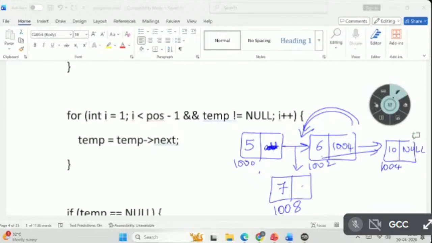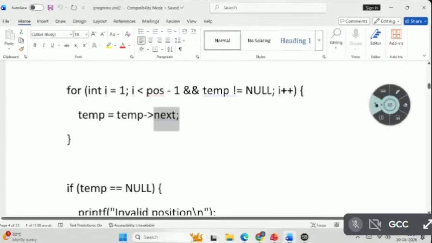That's why you say that it is not a contiguous memory location. Understood? 1000 is here, 1002 is here, 1006 is here and 1008 is here. It is not stored contiguously. Clear? So what you are doing? I am putting this 1008 here, then this 1004th location here. For that you are writing this particular concept. Understood? Next,